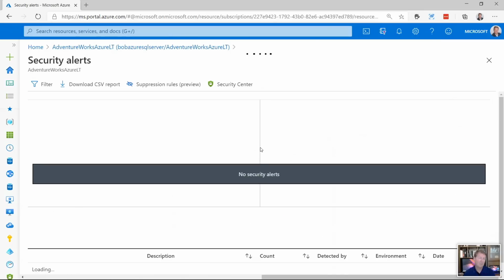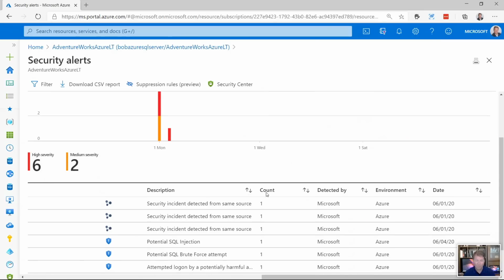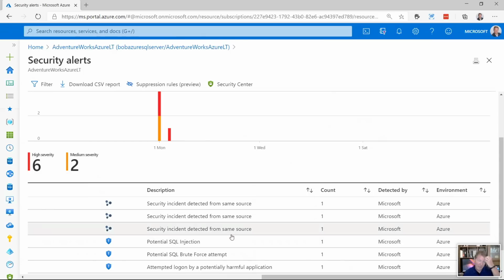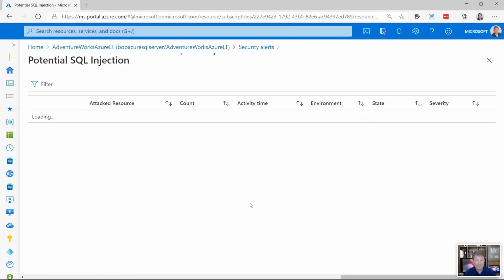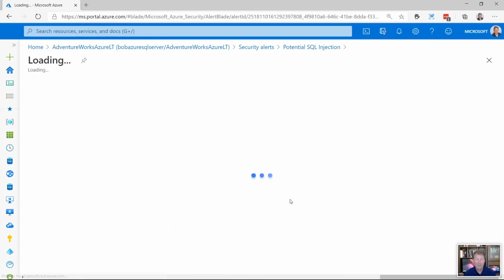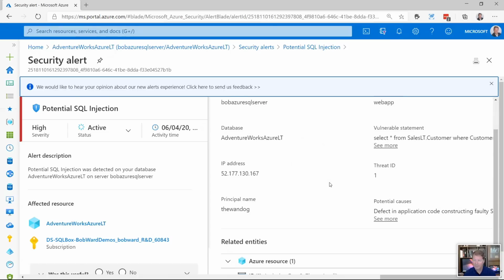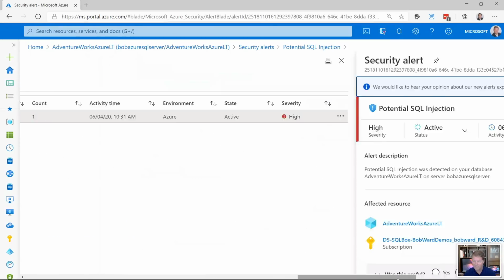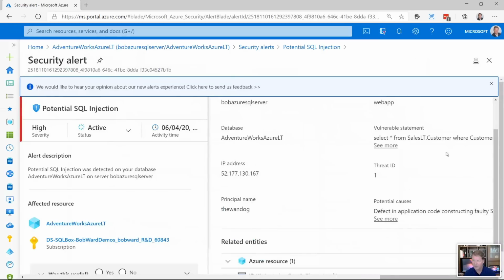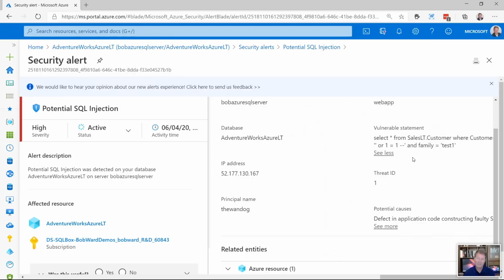Again, this is us using machine learning algorithms and tracking what's going on, not your data, but access to your deployments, and giving you recommendations about things that might have occurred. So you can see here that's really interesting. I can detect problems from people trying to connect in, do brute force attacks, or what's really interesting is SQL injection attacks. So I can look here that somebody tried to run a query that kind of looked like an injection. And if you've ever seen this concept before, you can see the query right here kind of looks like somebody's trying to run a string that may inject something.